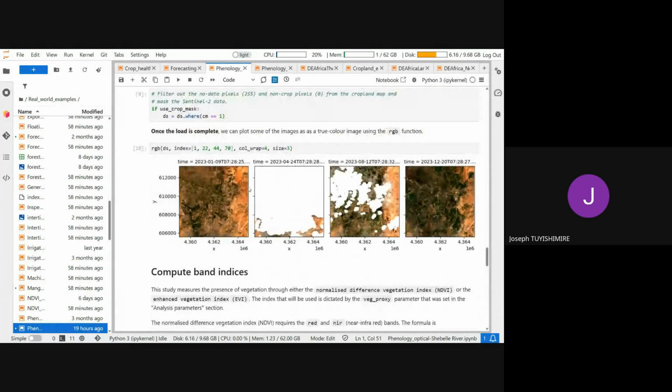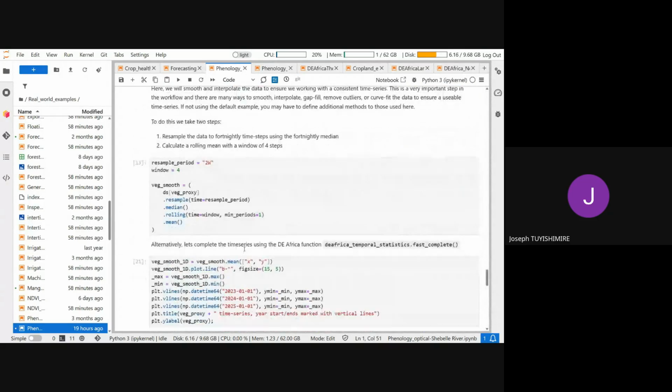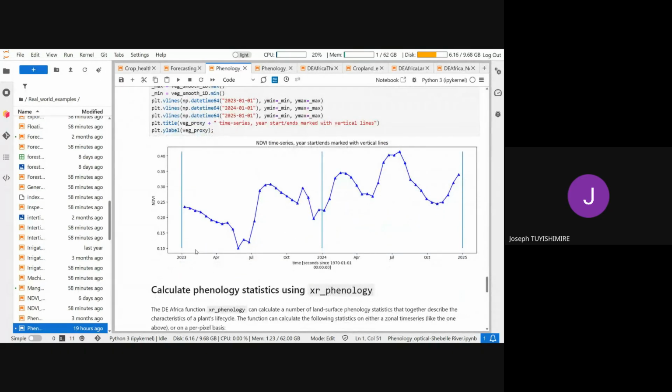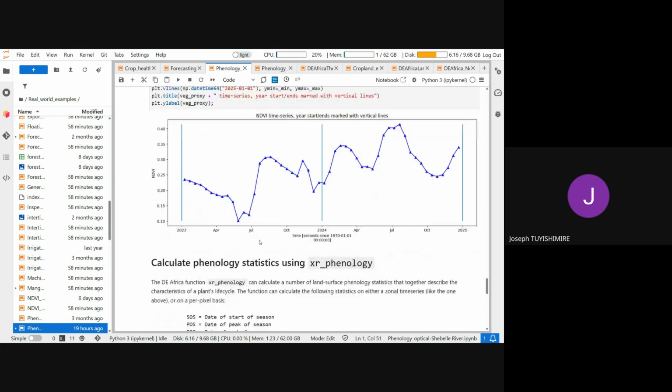Those images were already cloudy over time, and then you can smooth our curve until you get a continuous time series with clear separation between years, but also showing the peak, even the lowest NDVI over the time of analysis.